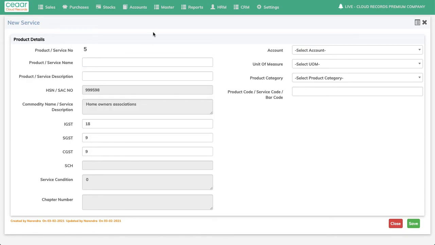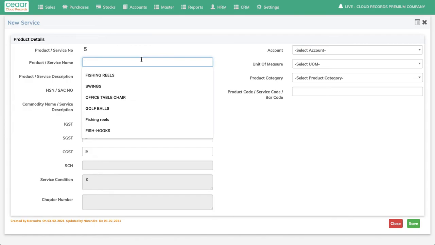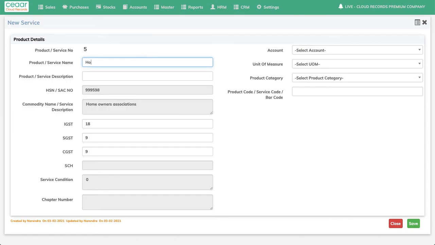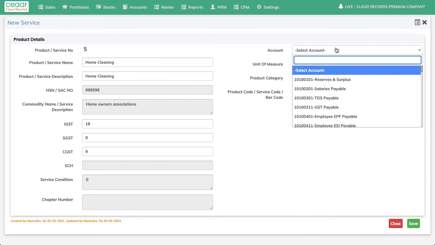Now you name your service. Again, don't go by this sample data, what I am typing. It may not make any business sense.